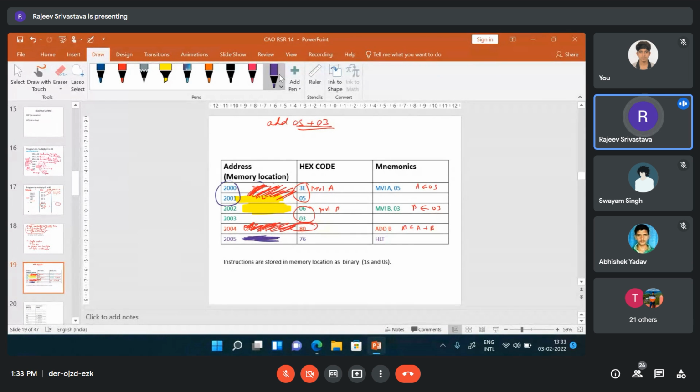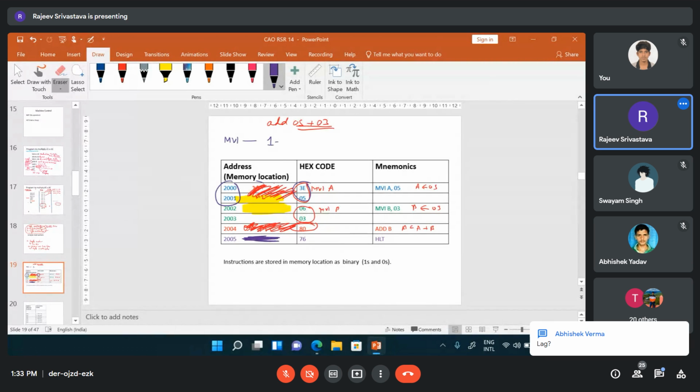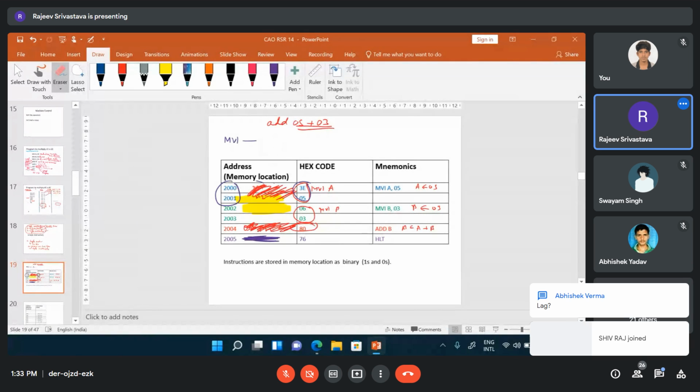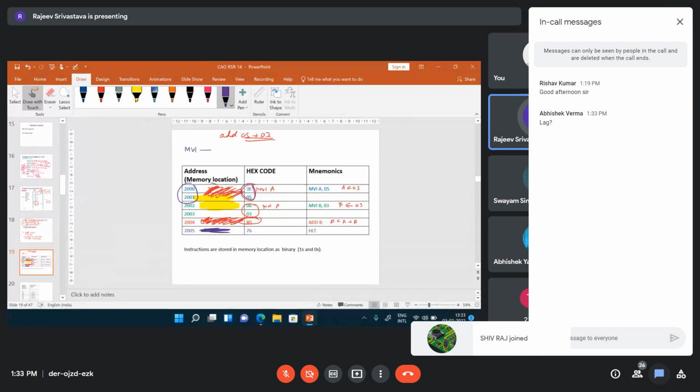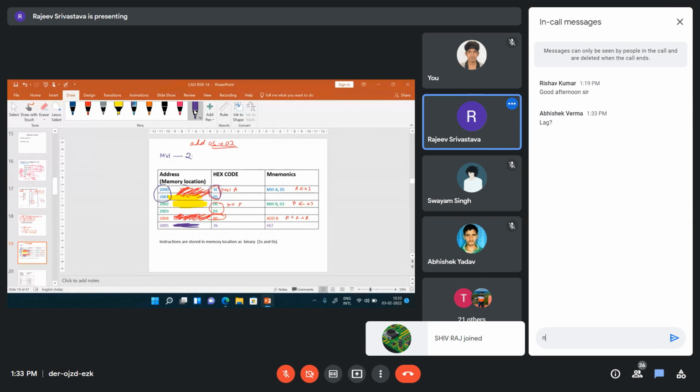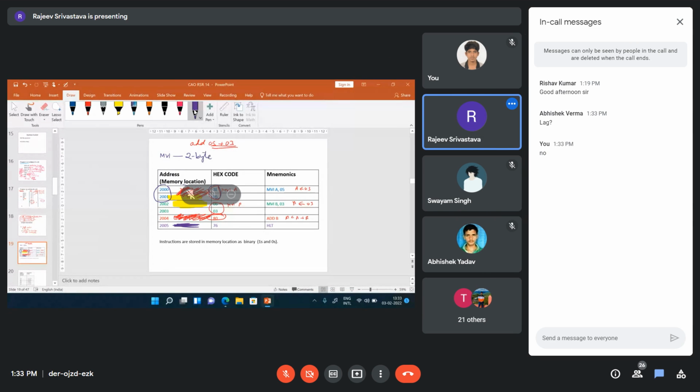So the number of memory locations taken by one instruction will govern how many bytes will be taken. That is why MVI is a 2 byte instruction,